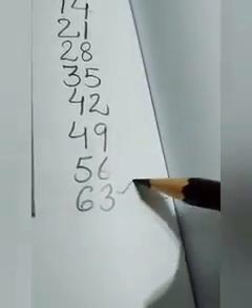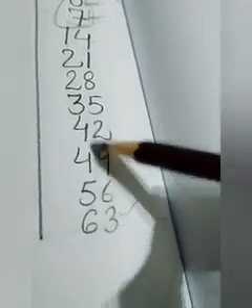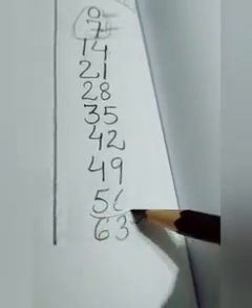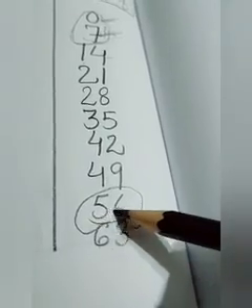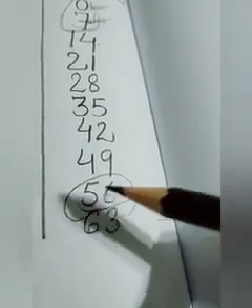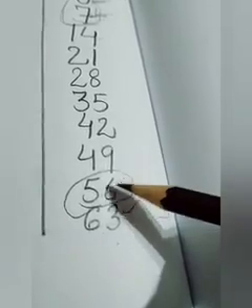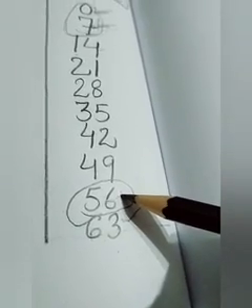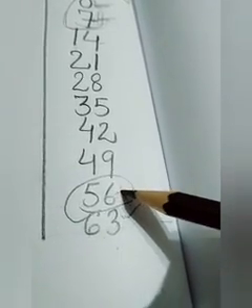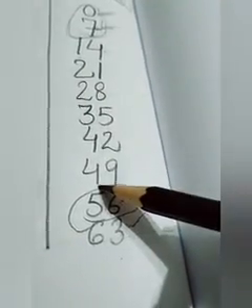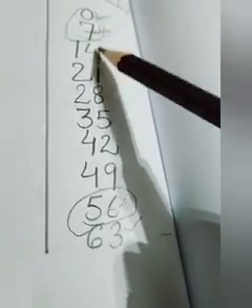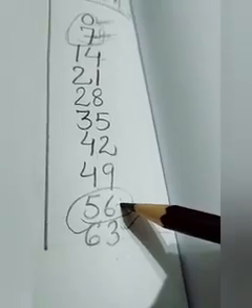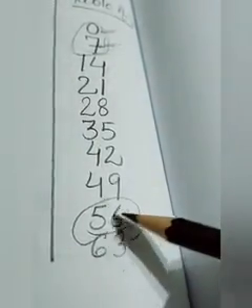Yes, but 63 cannot be written. So out of all these numbers, what is the last number that can be written under 62? That is 56. 63 cannot be written and one number before that is 56. It can be written under 62. Because we have to do subtraction, so we need a number less than 62. All these are less than 62, but we will not write all these. We will take the last number that is less than 62. Yes, and this is 7 eights the 56.